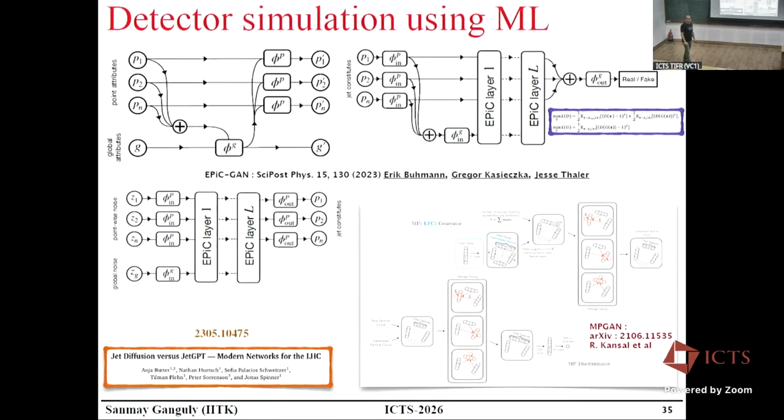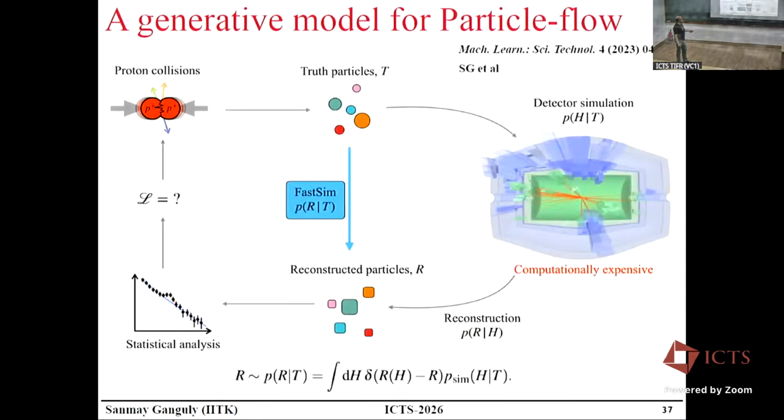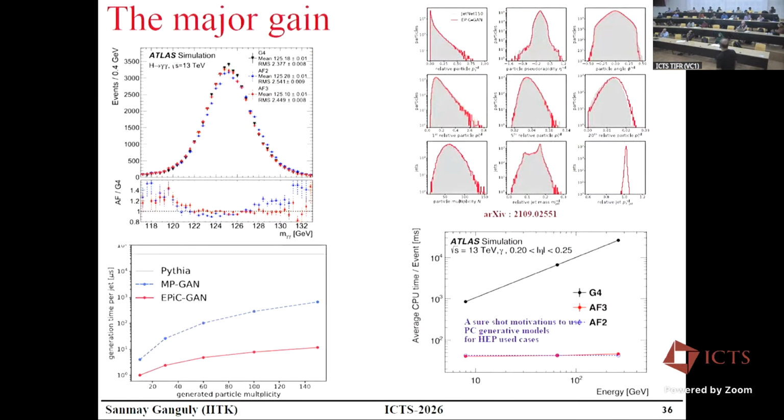Yes. Maybe one additional query. I don't know if I missed it already. Since you are able to fold in all the effects through Geant, which are basically the detector effects, then eventually you should be able to unfold also, right, through these methods. So in that sense, all these correction methods can be done through these methods. The unfolding method you're talking about can also be done through a trainable network as well. Okay. Yes. Here, can you bring the mic?